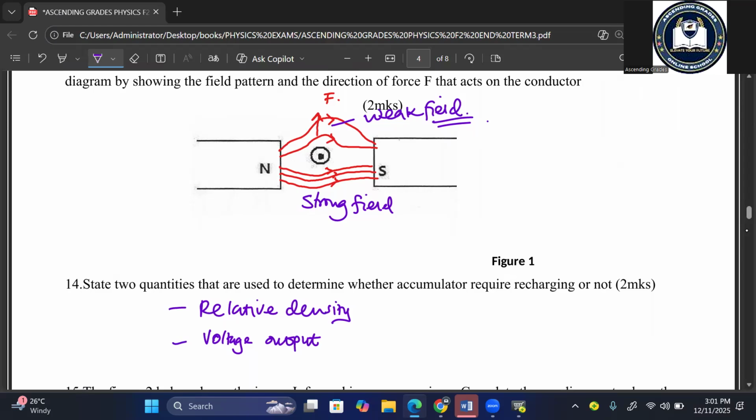So now we need to specify about this one. For it to be recharged, then when the relative density falls below